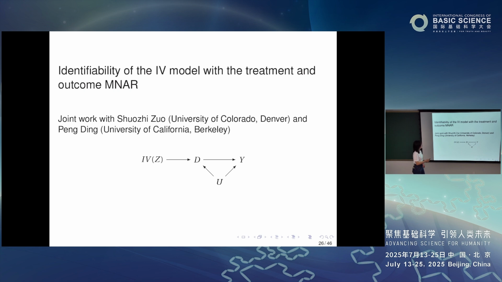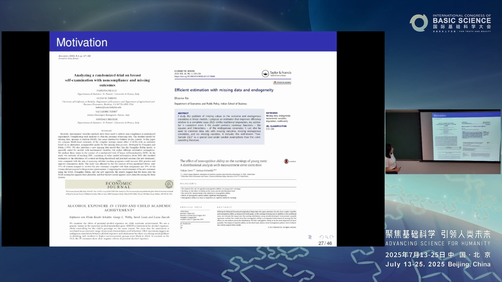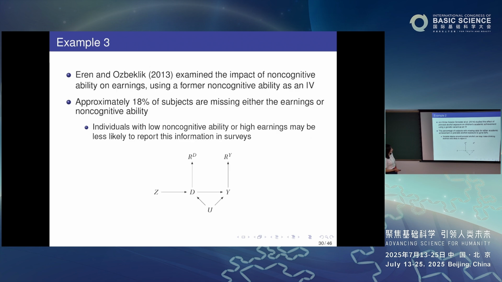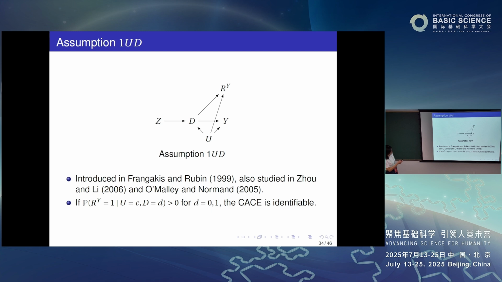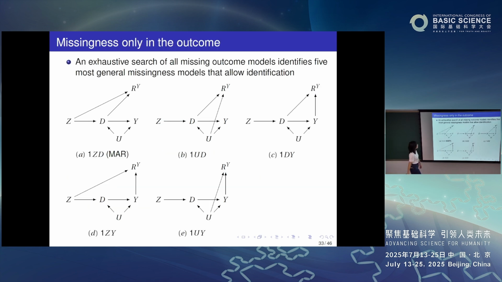And essentially we did an exhaustive search. Let me show you one example. For example, here, let's say that we only consider Y is missing, and this RY denotes the response indicator for Y. And we figure out, well, you can never allow 3 variables among Z, D, Y, U to affect RY. At most, you can allow 2, so that you can get identification of the impact of D on Y.